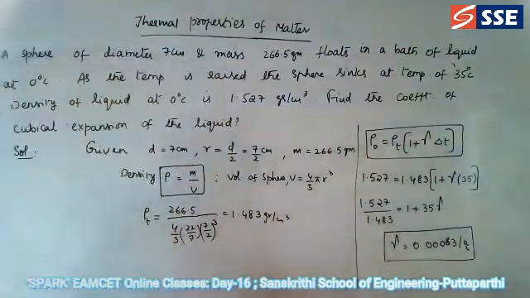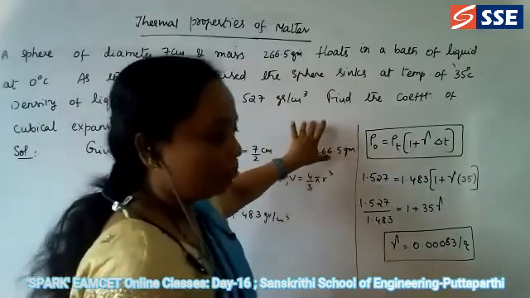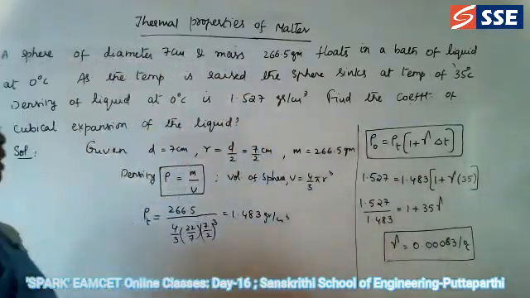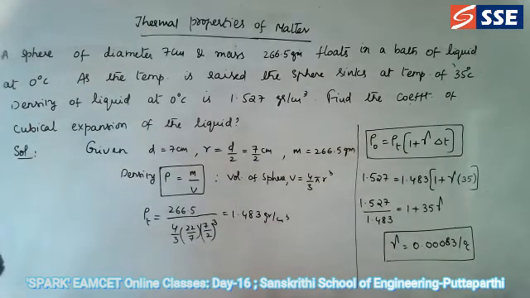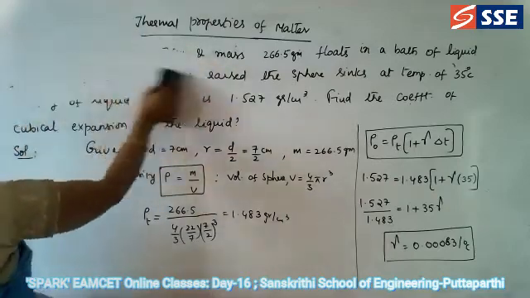Write it down, first note it. If you don't know the answer, then you can note down the procedure and the formula. Note the problem first. After that, what is the formula you are going to use? Okay. So the answer will be 0.0083 per degree Celsius. And next we move on to the next problem. Tell me if you have noted it, or if it is over. Okay, next we will go for the next problem under thermal properties of matter.